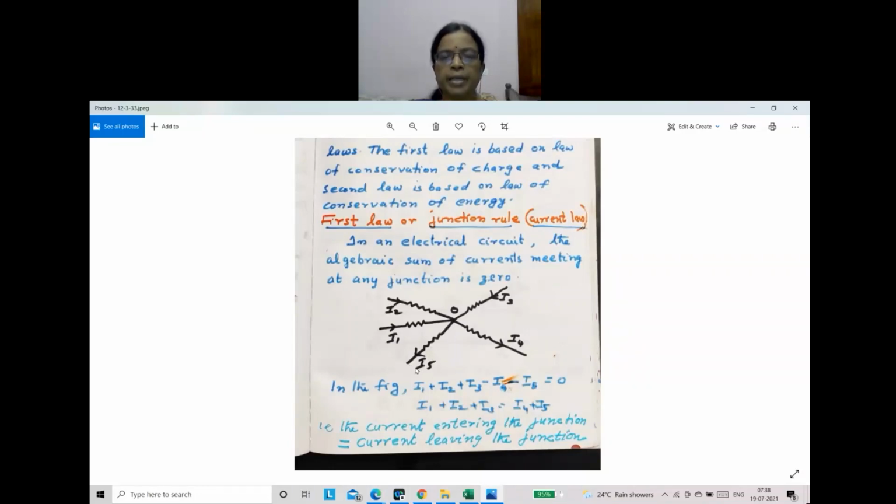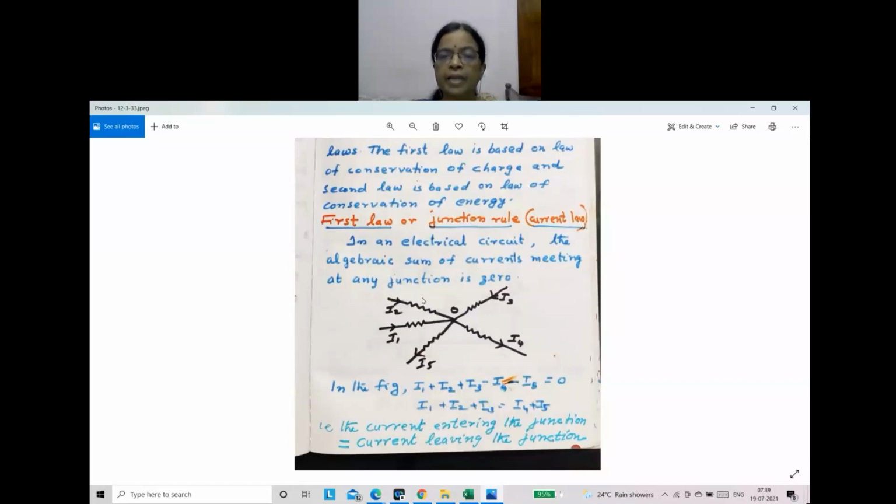So many parts of the circuit are joining at this point, which is known as a junction. Other parts of the circuit are not shown; only the junction is shown and the law is explained. Some currents are coming towards the junction and some are leaving it. I1, I2, I3 are flowing towards the junction O, and I4 and I5 are moving away from the junction. So the rule is: